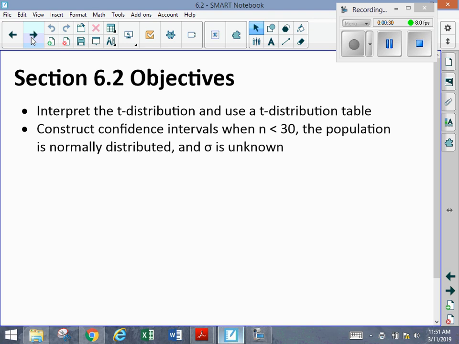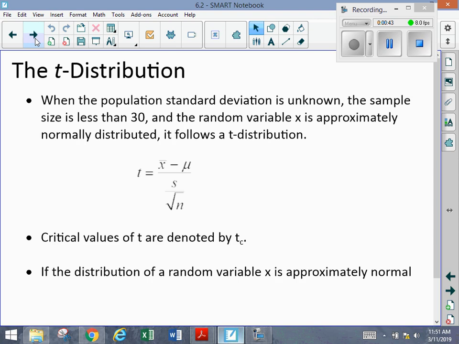So we're going to learn about the t distribution. That's what that table is all about. And then we'll construct confidence intervals for a sample size of less than 30. It turns out that when you don't know the standard deviation of your population and the sample size is less than 30, we can get a standardized value, and we're going to call that t. It's going to be your sample mean minus your population mean divided by the